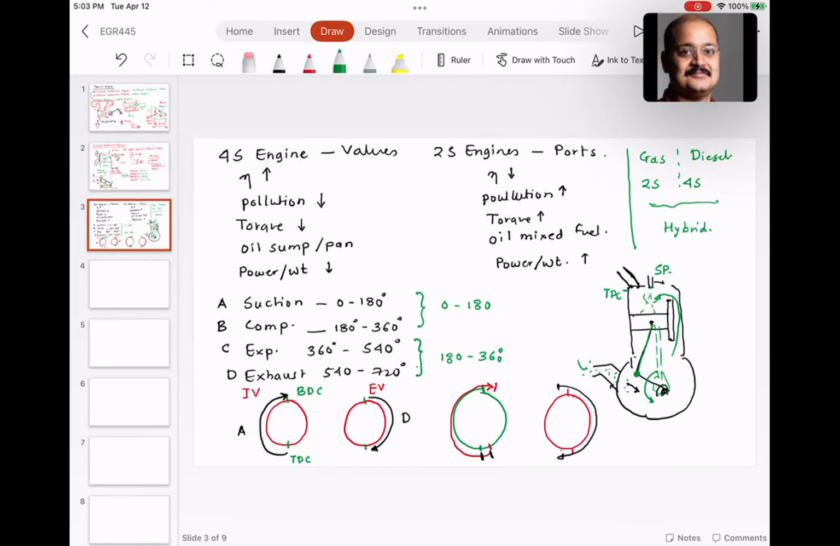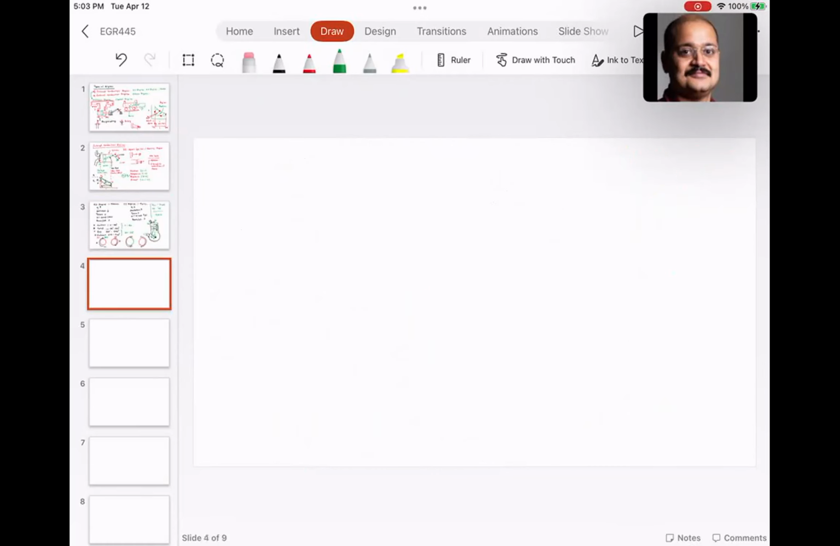Any questions from my online students about the engine design? So how does a single cylinder engine look like? A single cylinder engine